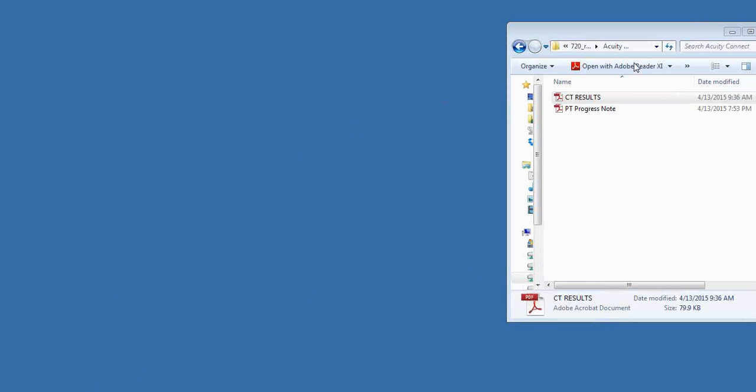And if we can coordinate our windows, I'll drag the CT results scan file into the Acuity Connect message window and attach that file.